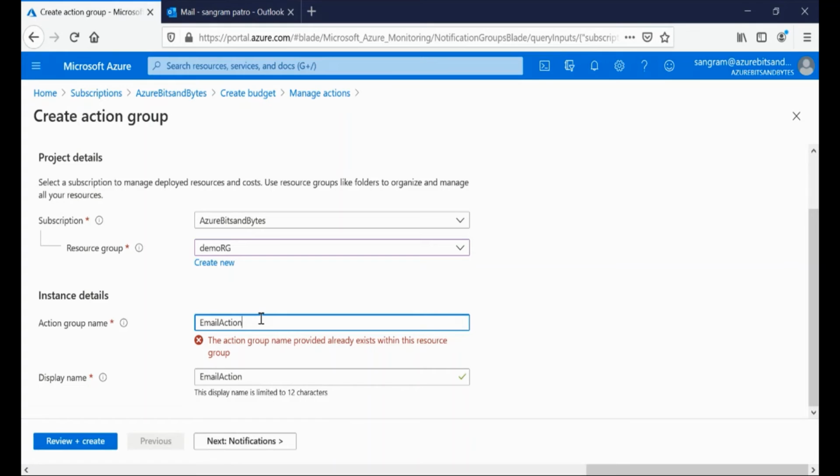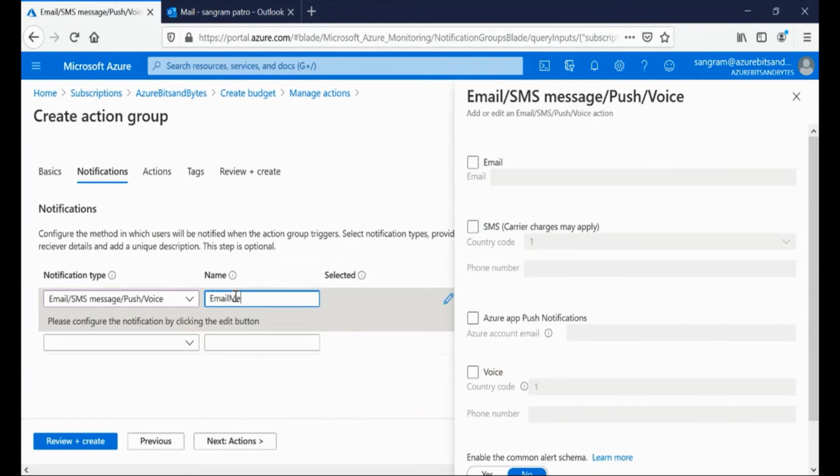Then click on next. I want to define email SMS notification, right? So click on this option, and I'll put a name as email myself. Then select email, and I would put my email address here.